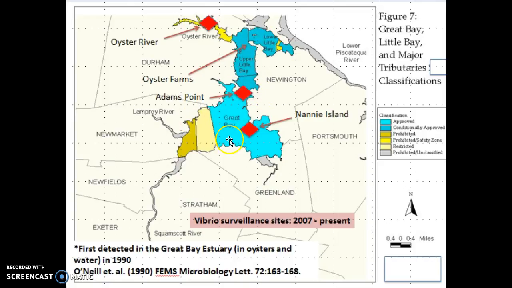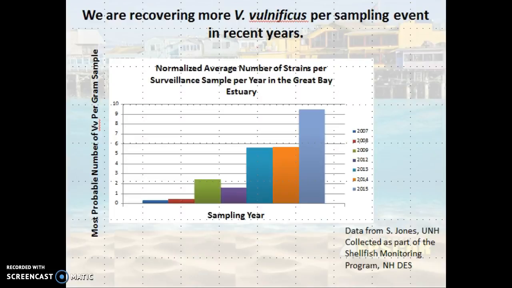So this is an estuarine environment, very salty, relatively shallow water compared to a marine system. There's been a Vibrio monitoring program well established since 2007, and that's the source of the isolates that we are getting. That Vibrio monitoring program is run by Dr. Stephen Jones at the University of New Hampshire, and he's a collaborator on this project. We receive samples from his laboratory at regular intervals, and then we characterize those Vibrio vulnificus here at Keene State